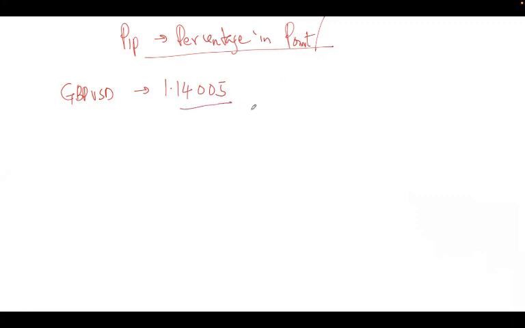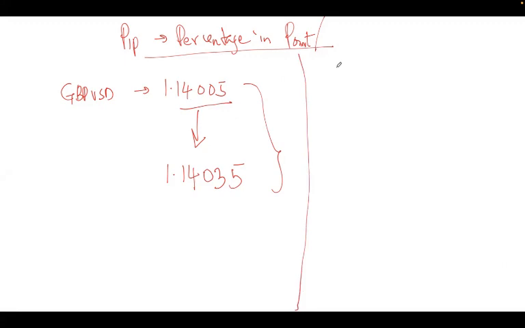And let's say by 11 a.m., 1 hour later, this price moved to 1.4035. Let's assume something like this, 035. All right. Now, this market has actually moved 3 pips because we said for most currency pairs,